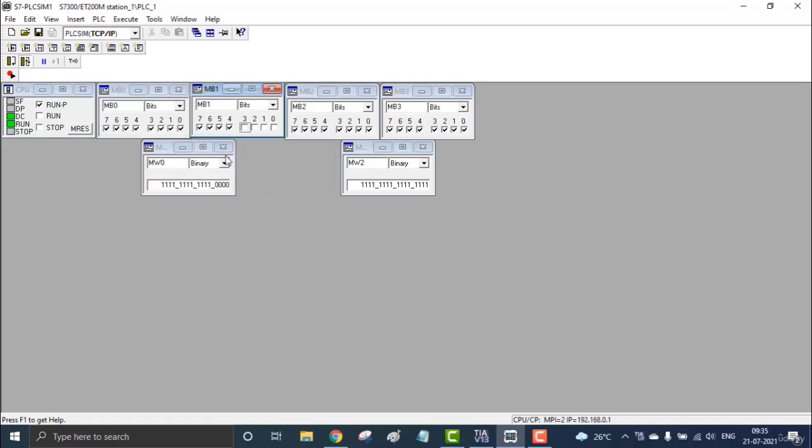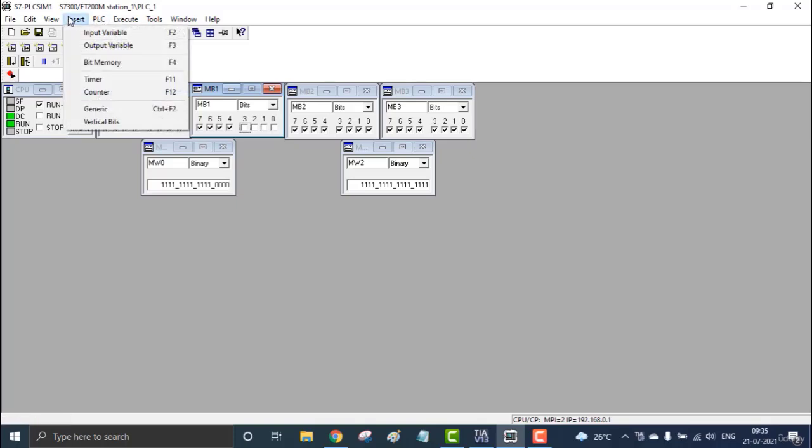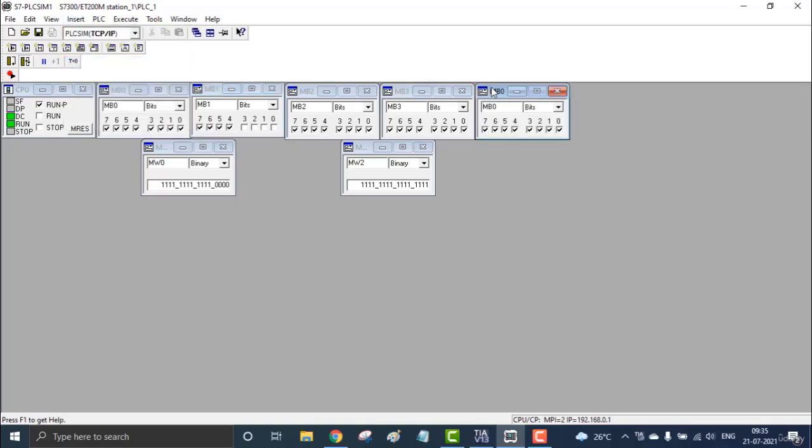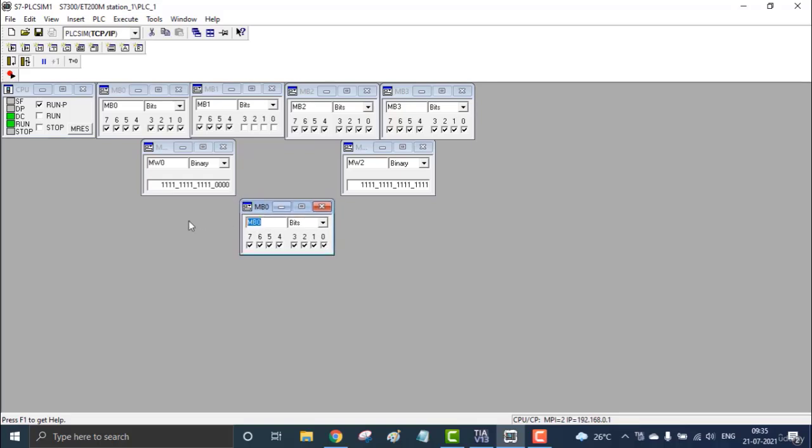These two memory words are going to combine to form the memory double word. We are making it MD0, memory double word 0. We cannot display that in the binary, only in the decimal. If you are making everything 0, and here also 0, the whole combination of MW0 and MW2 combines into MD0. After MD0, we will be taking MD4, MD8, MD12, like that. So this is the memory organization. This is how the memories are combined.